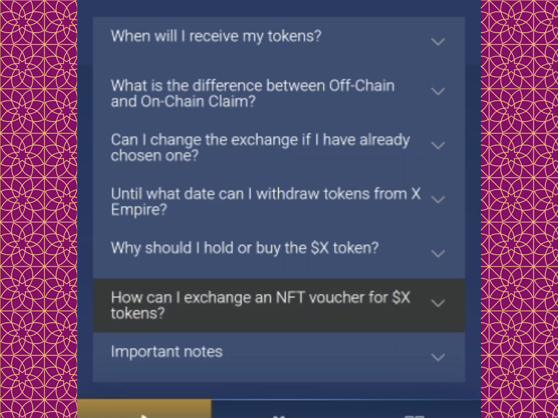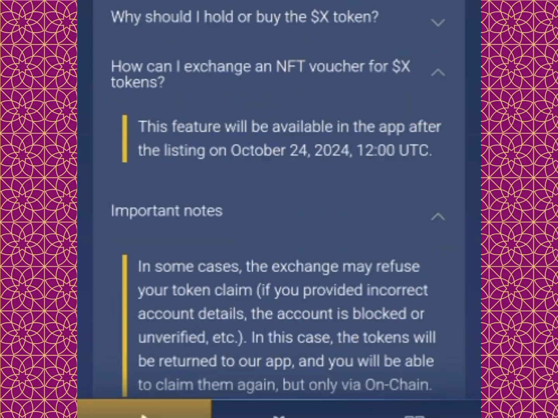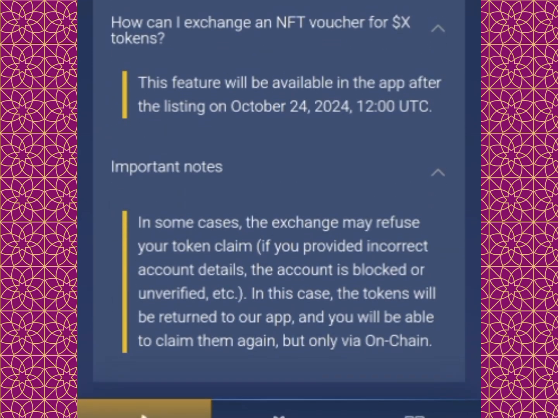So if you click right here, it says this feature will be available in the app after the listing on October 24, 2024 at 12 UTC. So if you want more information, you can just go ahead and click here for more. It says right here,